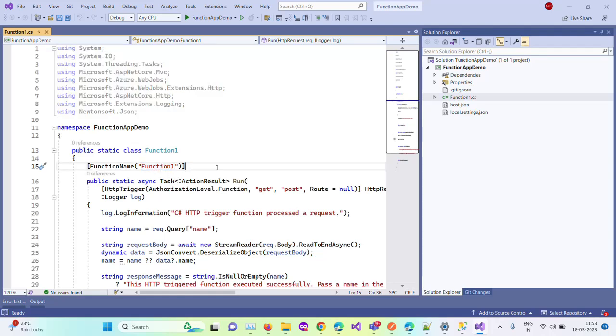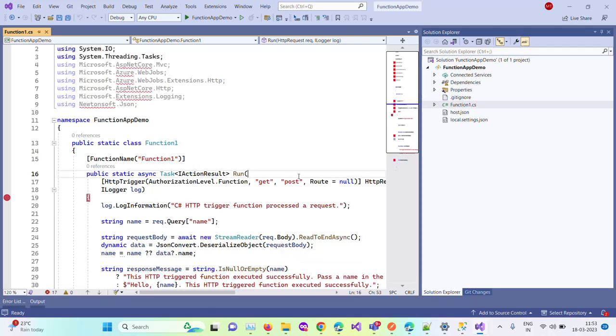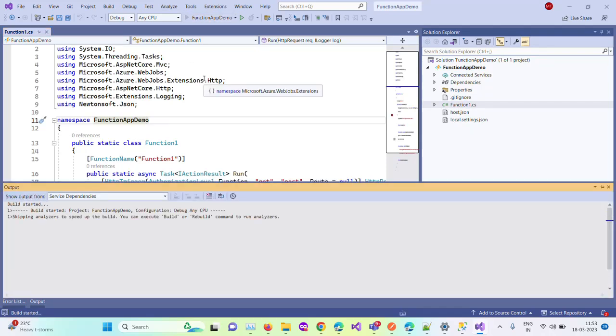So when you execute or debug this one, run this project, it will provide you a host URL with the function name. So all the functions will be displayed there in the URL. So let me run this application, and then I will explain each and everything, how it will execute your function